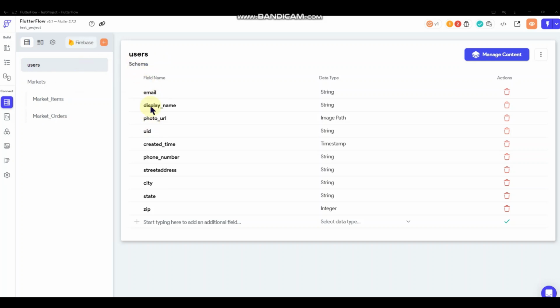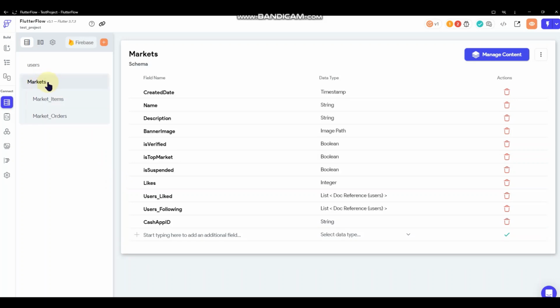We've got the users collection, which just has the basic user fields, and I also added in street address, city, state, and zip code. And then down here we have the markets. So this would be each individual user's market that they can create if they are a seller. And then for this collection, I've got the date it was created, the name of the market, a description, a banner image,